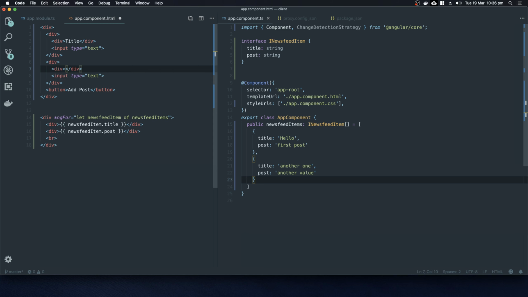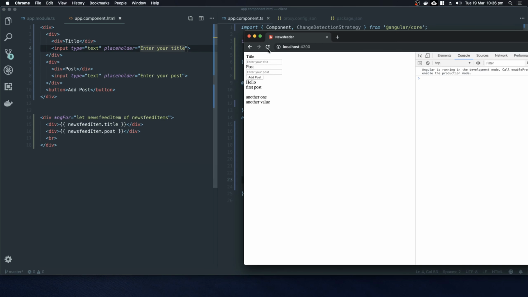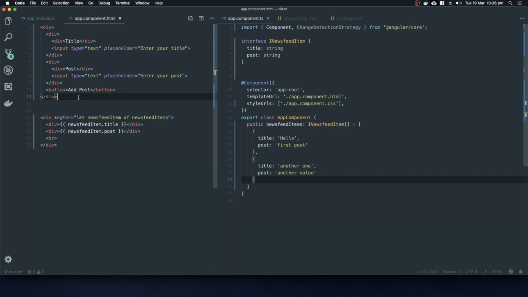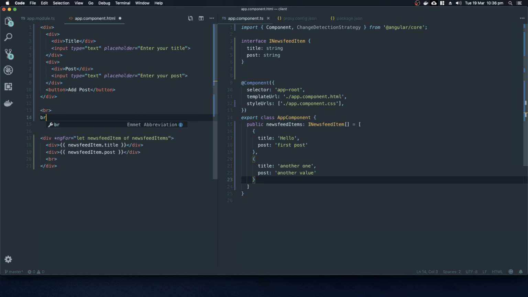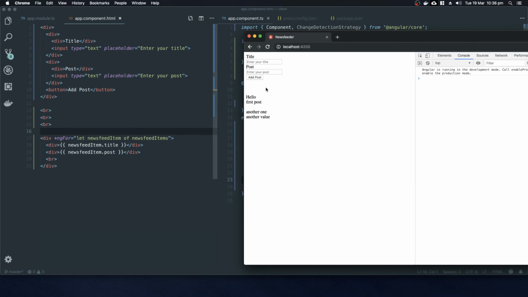And another div, we'll call it post, and then here we'll have some placeholders. Enter your post, and then up here we'll have placeholder, enter your title. Now if we go up into here, we'll see enter your post, enter your title, and that's the top part. Now we'll add some spacing the good old-fashioned way. Cool, so now we have this area up above where you can add posts, and then below we'll actually have